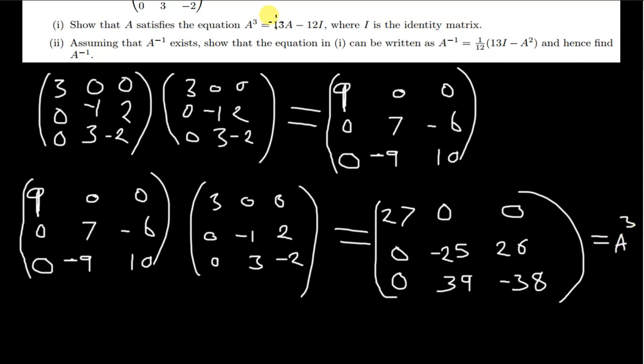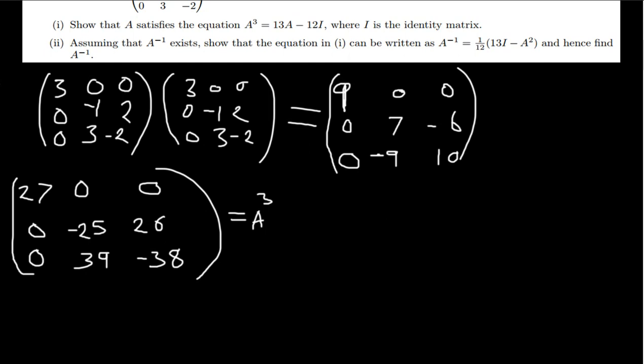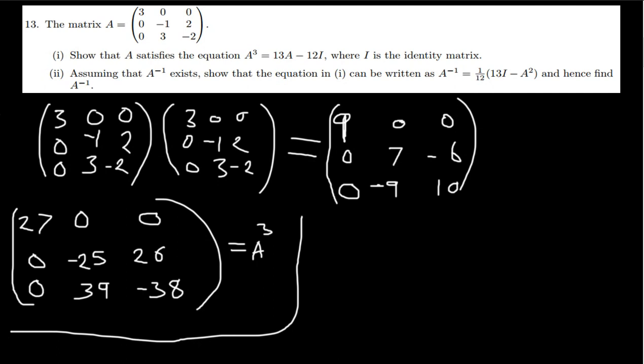Let's now also try to find this part now. 13 times a, then minus, okay, let me just put this properly. Yeah, so I'm going to find now what 13 times a is going to be. So I'm going to multiply all the numbers in a by 13. So 3 times 13 there will be 39. So I'm trying to find 13a. So 13a is going to be equal to 3 times 13 will give me